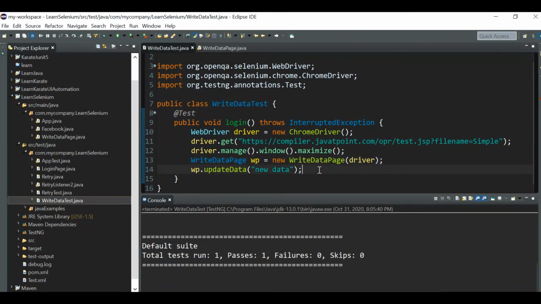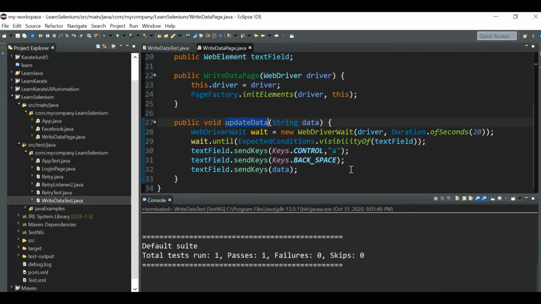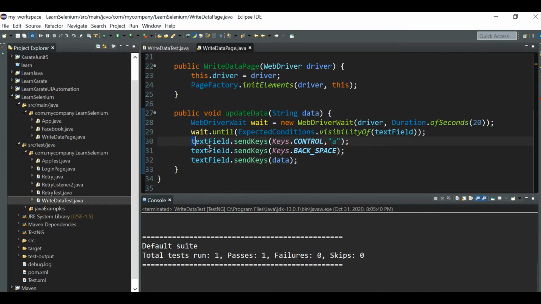Okay, now another method. Here what we have done, we passed Control A and then we passed backspace, right? We actually wrote these in separate lines. If you have multiple keyboard actions, you can combine all the keyboard actions in a single line. How to do that?